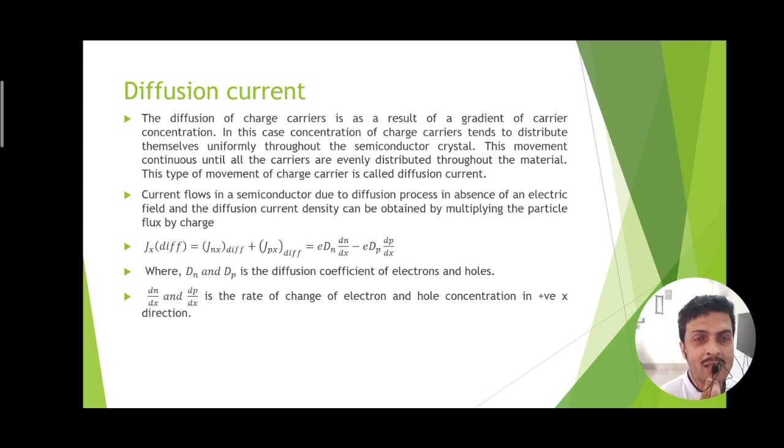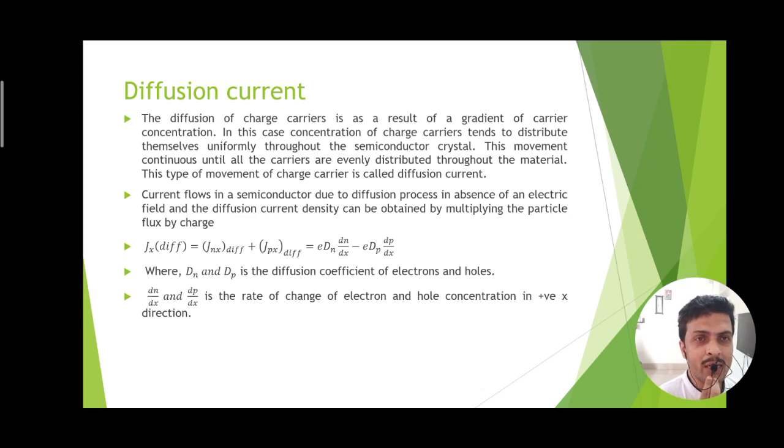The concentration gradient is given by dn/dx or dp/dx, because it is the gradient with respect to space. X is the direction. With respect to the direction, whether the concentration is falling or rising is given by the negative or positive value of the gradient. Since the electron concentration gradient slope is positive, it is dn/dx, and dp/dx is written negative because its concentration gradient is negative, as it moves from higher concentration towards lower concentration.